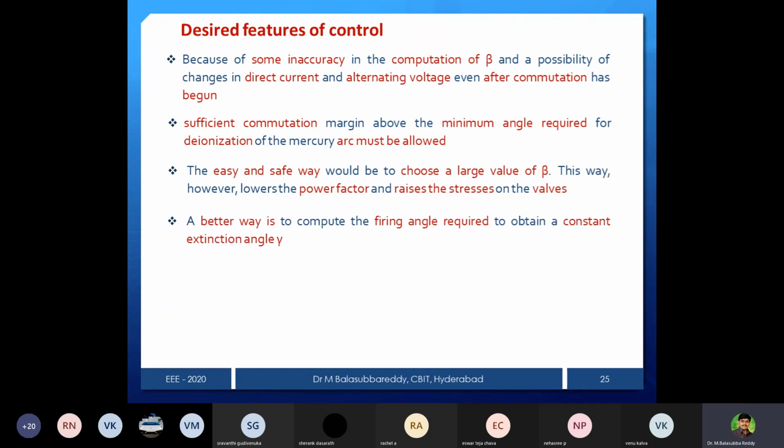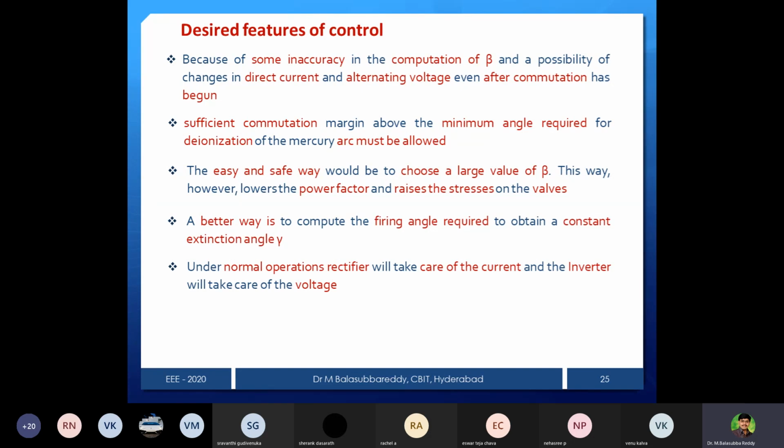A better way is to compute the firing angle required to obtain a constant extinction angle. What we notice from this analysis is that alpha variation is easy, but beta variation is difficult. Even when changing gamma through beta, a complication arises. That is why they keep gamma constant and adjust alpha to maintain